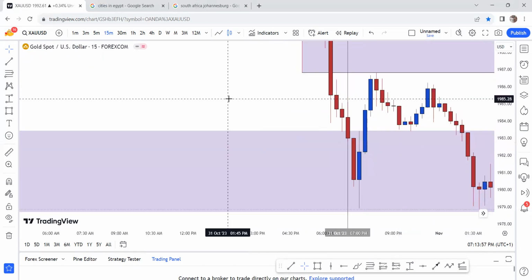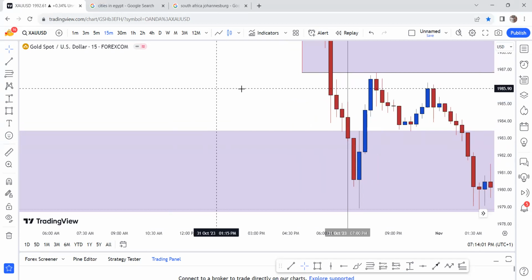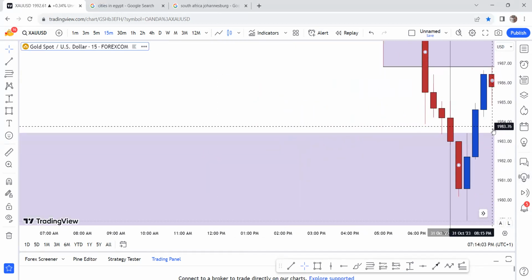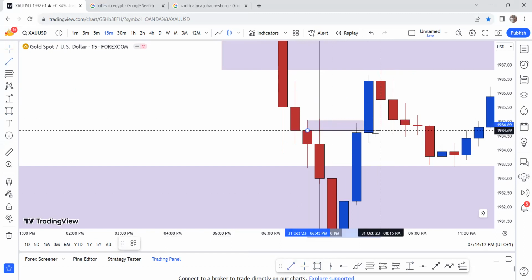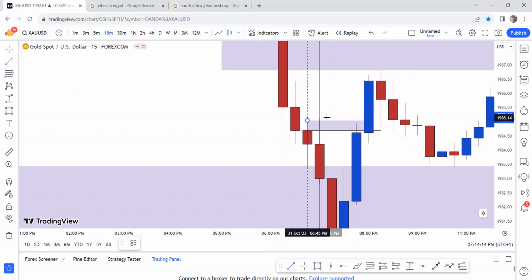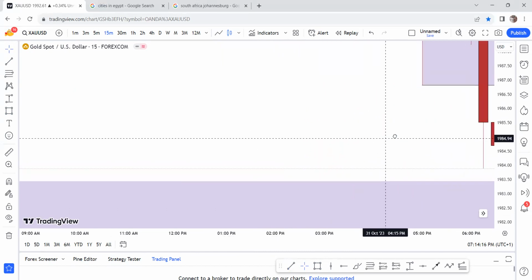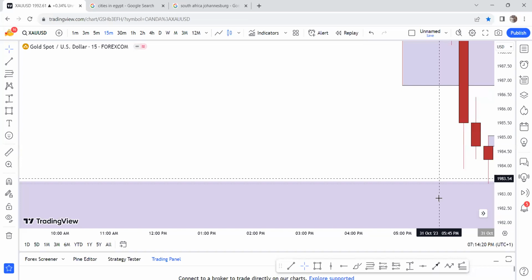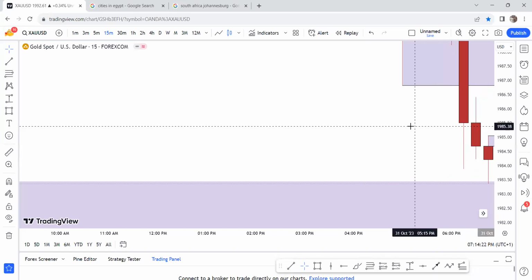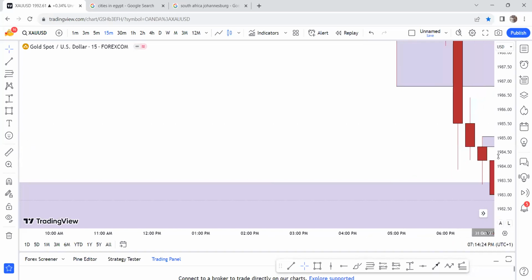So now price closed as a bearish candle on H1 and also closed as a bearish candle on M15. Now, first of all, where do you think price should break? That is the reason why I want to teach you guys SNR. But I'll answer your question. This is how price closed, right? So if this is an SNR level, which I'm going to be talking about, now, for price to break this level,